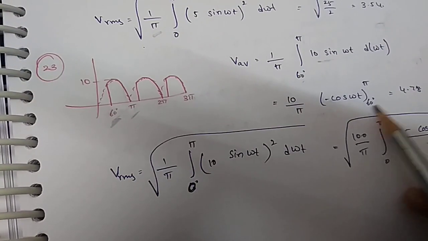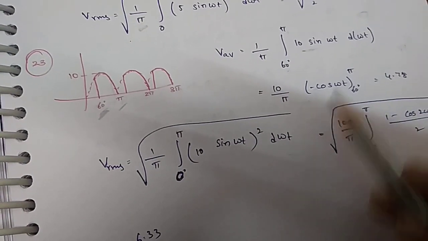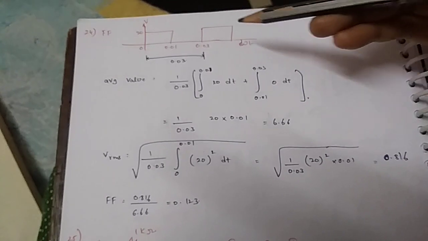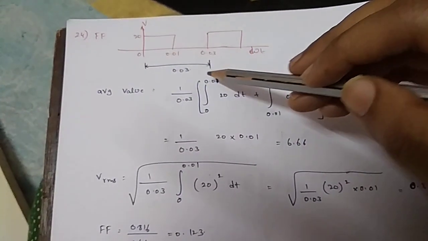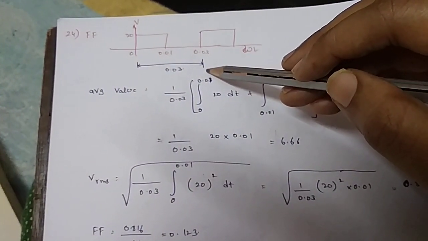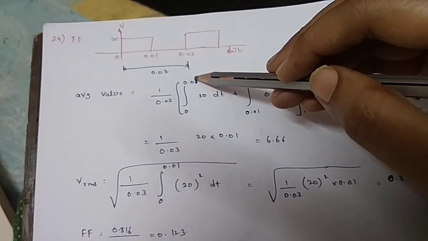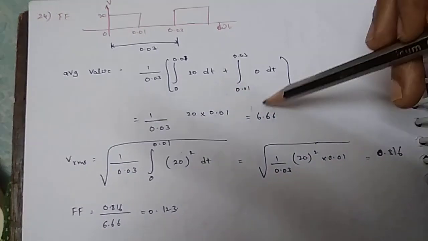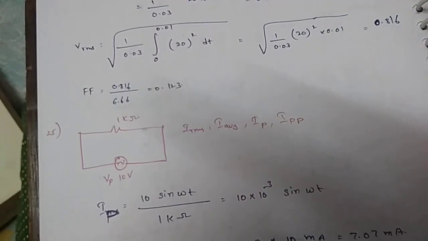Again we are calculating all the parameters, whatever the average, but only the time limits will differ. So this type of calculation is important. Similarly for this square waveform also, the complete cycle will be up to 0.03 second, but for the half cycle only you have the value, and for the rest of it the value is 0. So in a similar fashion we are calculating.